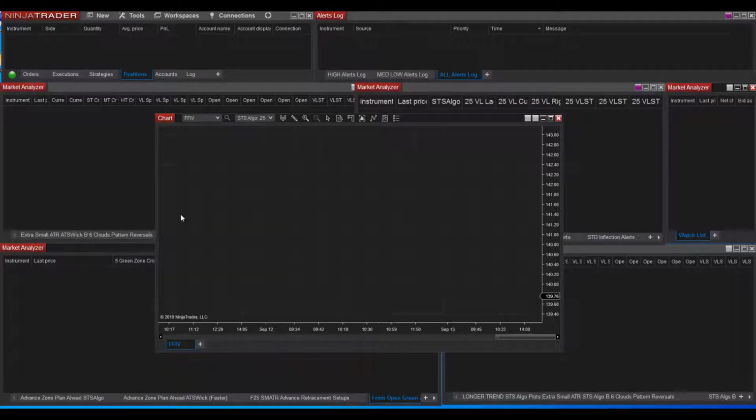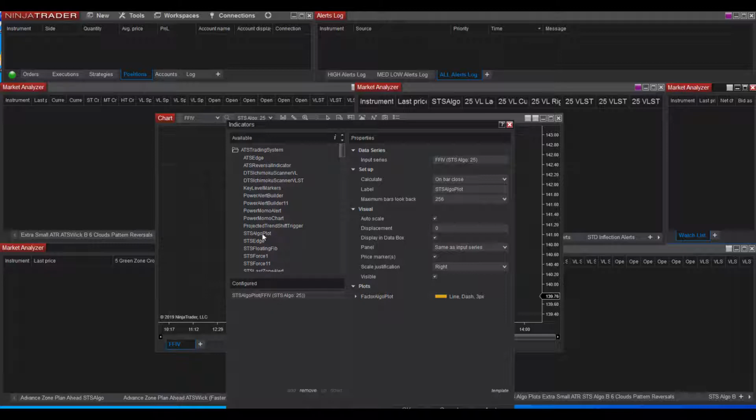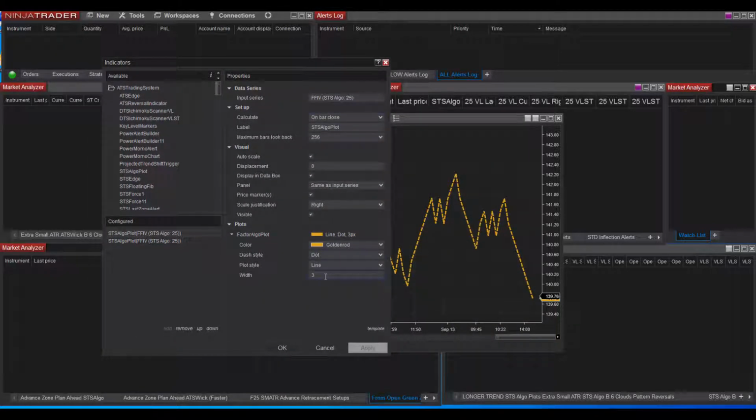Don't go to indicator, go into your ATS trading system, go down to the STS algo plot, and I'm going to add it twice. So you double click it, puts it in the bottom, and double click it again. And what we're going to do with these is it'll default to a dashed line, and I'm going to change one of them to a dot. The dot,